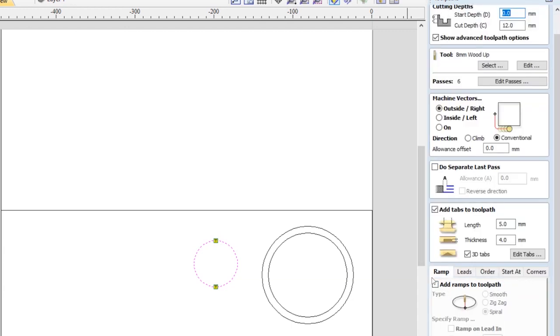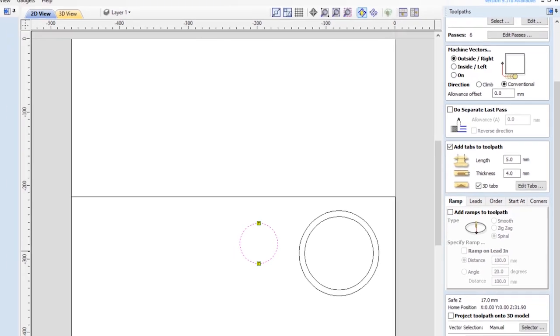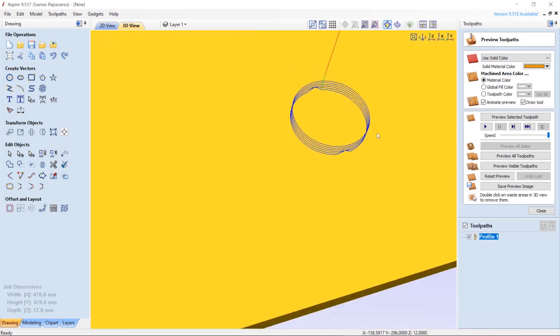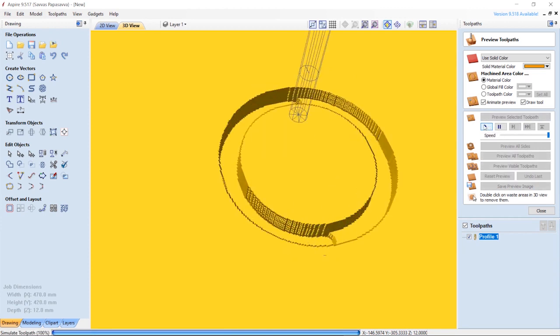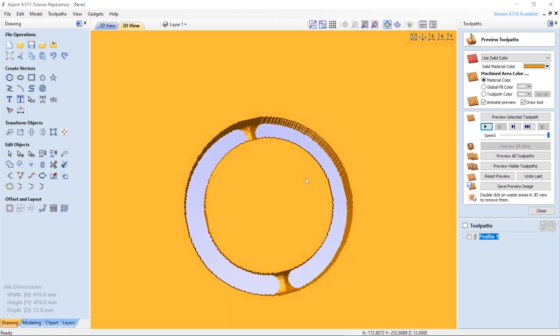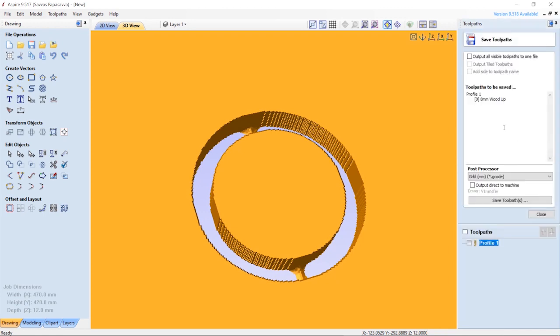I'm going to ignore the other areas here, so ramping, leading and stuff like that. If the material was a little bit different, if I wanted to maybe produce a slightly cleaner cut, I might use a spiral toolpath. So the next thing to do is just click calculate, and you can see the vectors illustrated by these lines. I'm going to press the play button so I can simulate this, and that looks pretty good. I'm happy with that. I can see my tabs, so I can close this and I can save the toolpath,